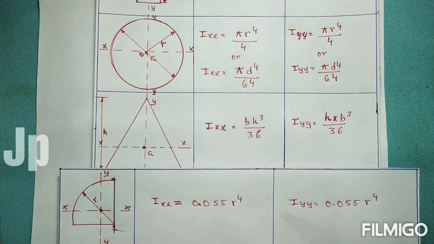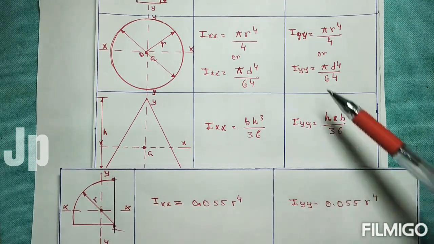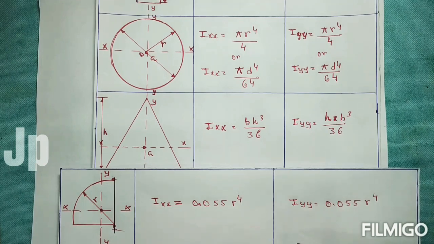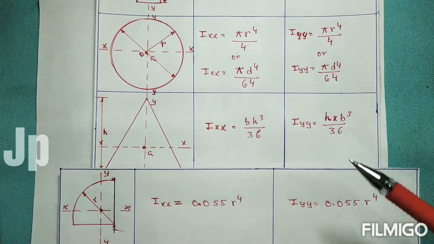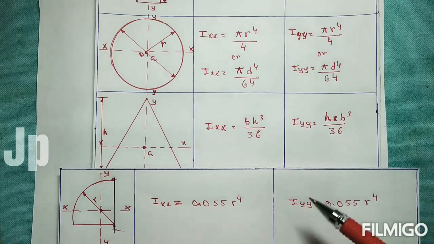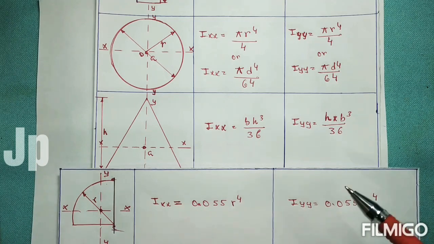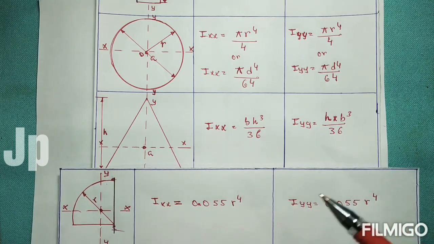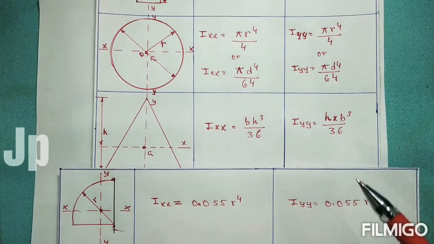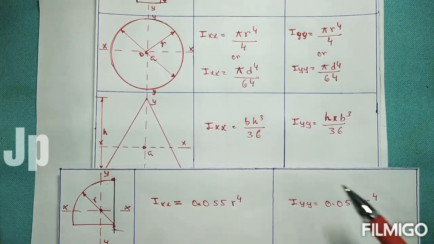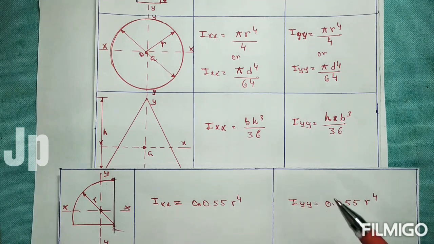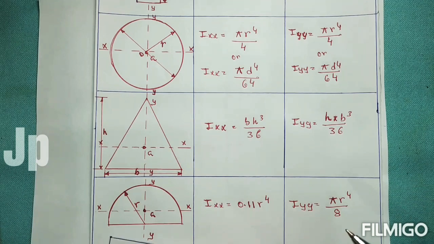Before finding the moment of inertia of any section, you should know all the formulas of the moment of inertia of the individual components, because while dividing your section into components, it may vary between rectangle, circle, triangle, semicircle or quarter circle. Any shape you may encounter. So based upon the shape, you should know the moment of inertia of the individual component along the x-axis as well as the y-axis. So better you should note down all the formulas.